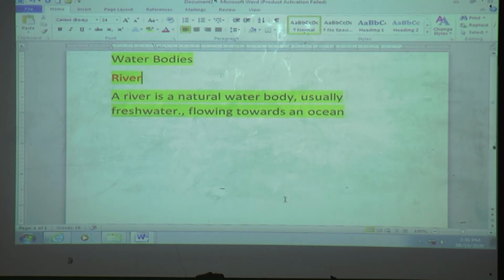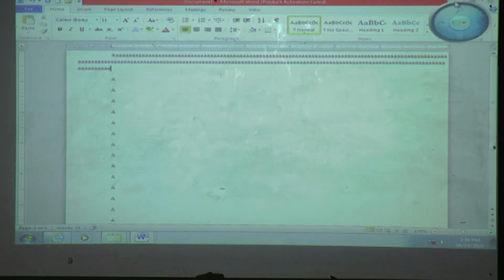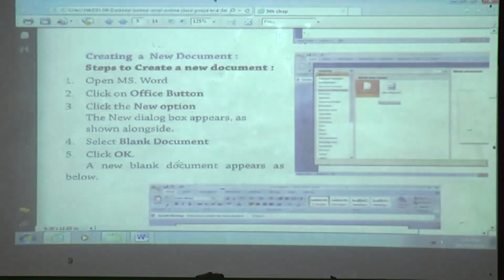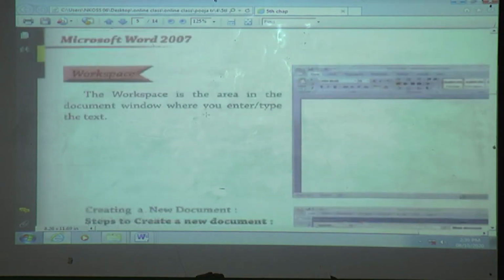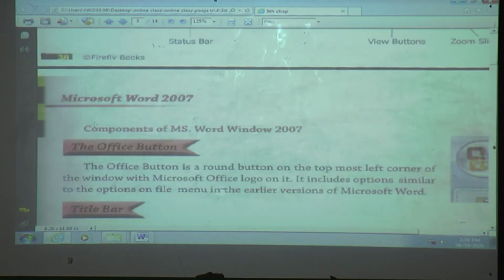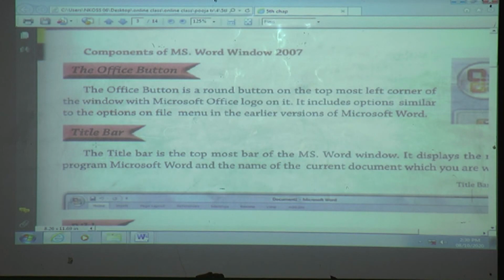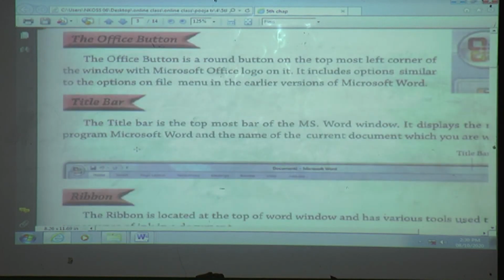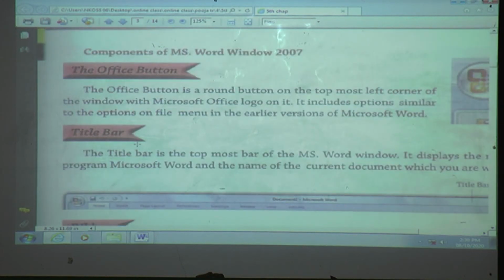Now what did we discuss in this period? We discussed the use of the Office button, why we are using the Office button. Then what is the use of the title bar? These are components of Microsoft Word.